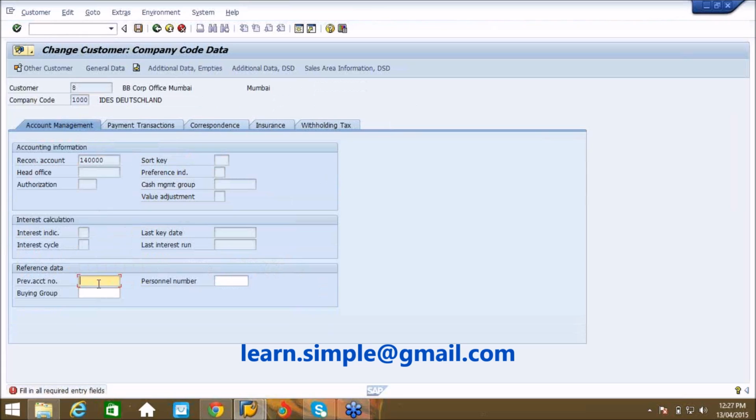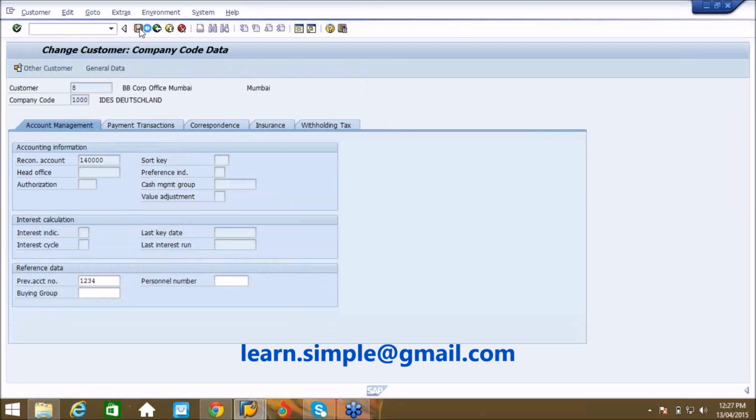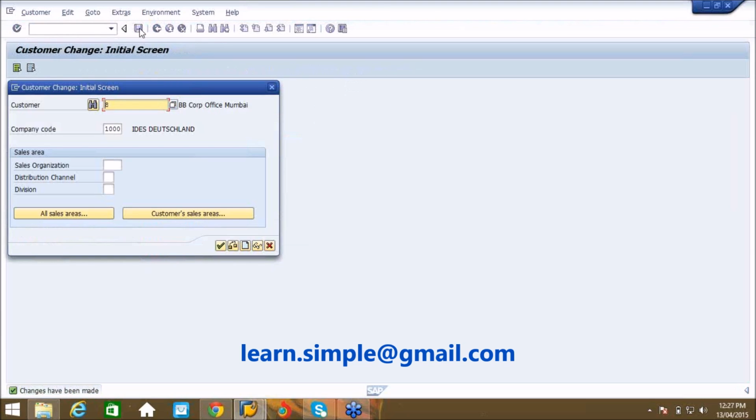Why is the previous account number required? Okay, 1, 2, 3, 4. Some number I'll provide. Let us see. Because there is no validation on this. Okay, so what it says is that the changes whatever you have done have been saved. The changes have been made. So generally, whenever the customer address or some other information changes, you will save something like this.